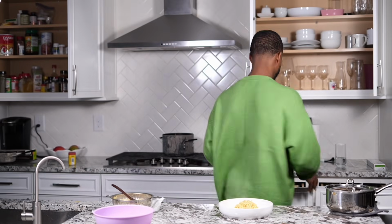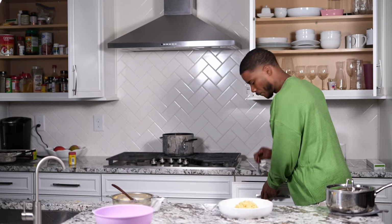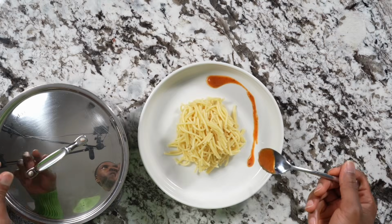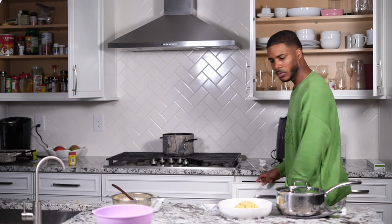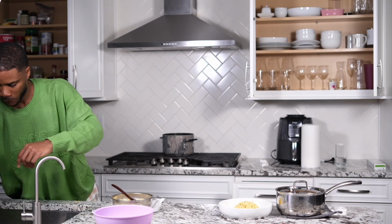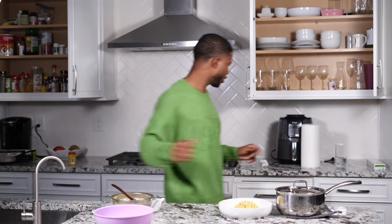So now step two, let me show you step two. Now the step two is you take the seasoning and you do like that. You see? You do that. Okay, so now that you've done that, then now, ooh, I've run out of clean spoon. Let me wash the new spoon. Okay, so now that you have that like that,